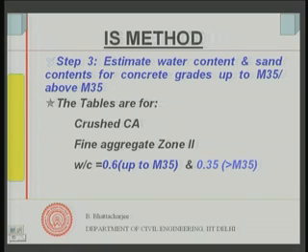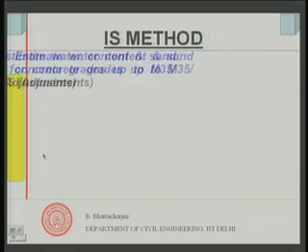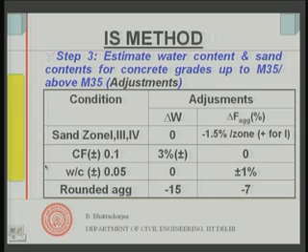Anyway, what you do is you first find out, assuming that your coarse aggregate is crushed, that your sand belongs to zone 2, and the water cement ratio is 0.6 or 0.35 according to the table that you are using, and a compaction factor of 0.8. For any other values of this, you need adjustments or corrections, and these adjustments are given in the next table. You see, these adjustments are given in the next table. For example, adjustments are given in change in water content.